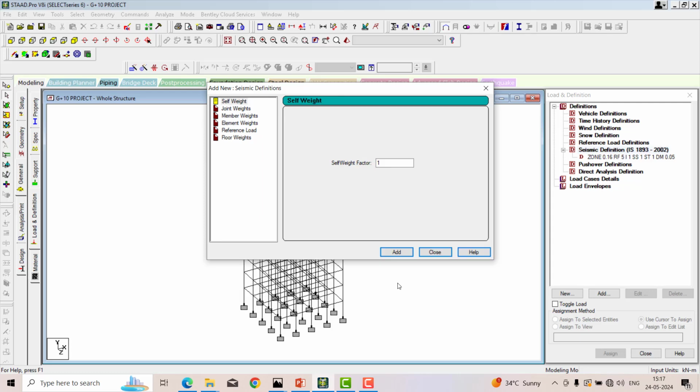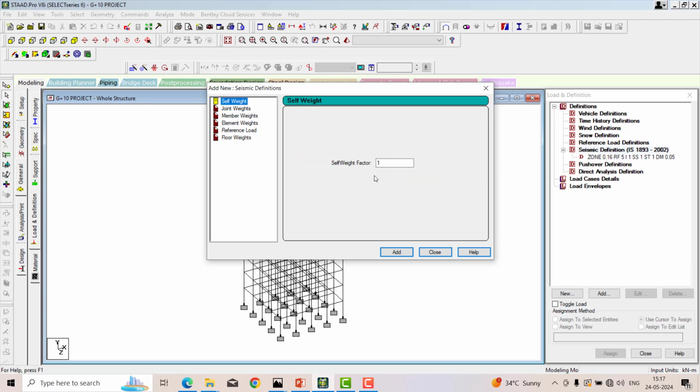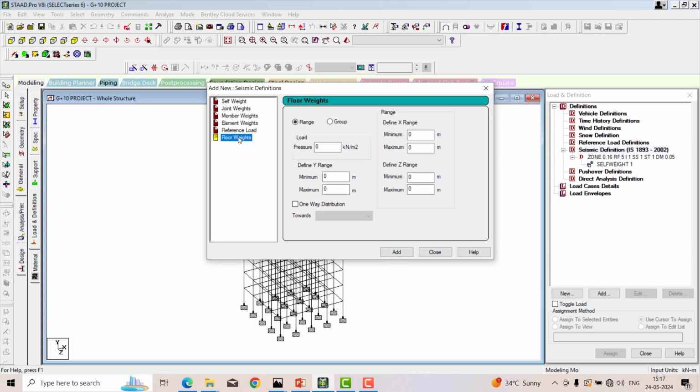Next, add. As I told you, we have to apply the self weight or floor weight. For self weight, I am going with 1 because the software itself finds out the self weight. But keep in mind, don't change the sign to minus, because as I told you, seismic loads act horizontally, not vertically. So make sure you keep the value 1 and then add it. And click on the floor weight.